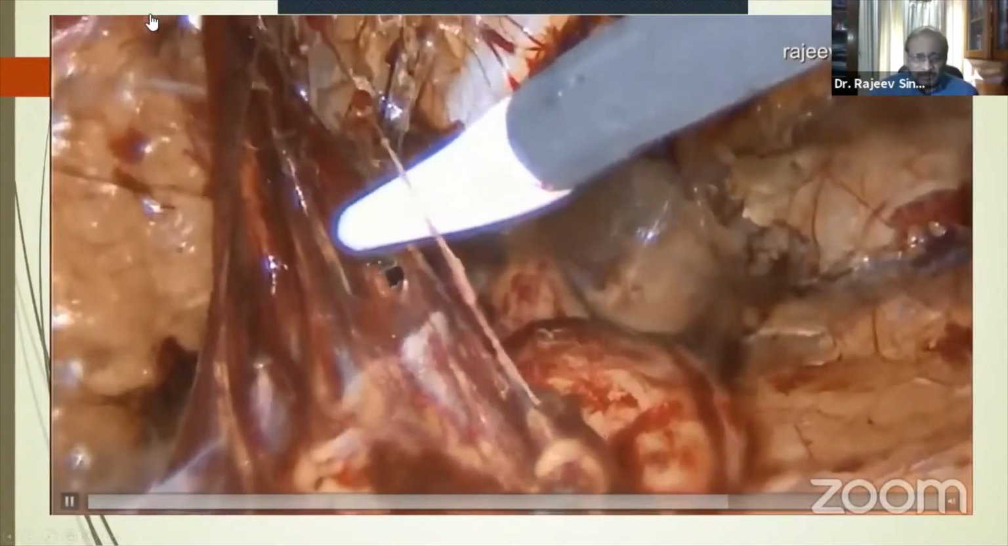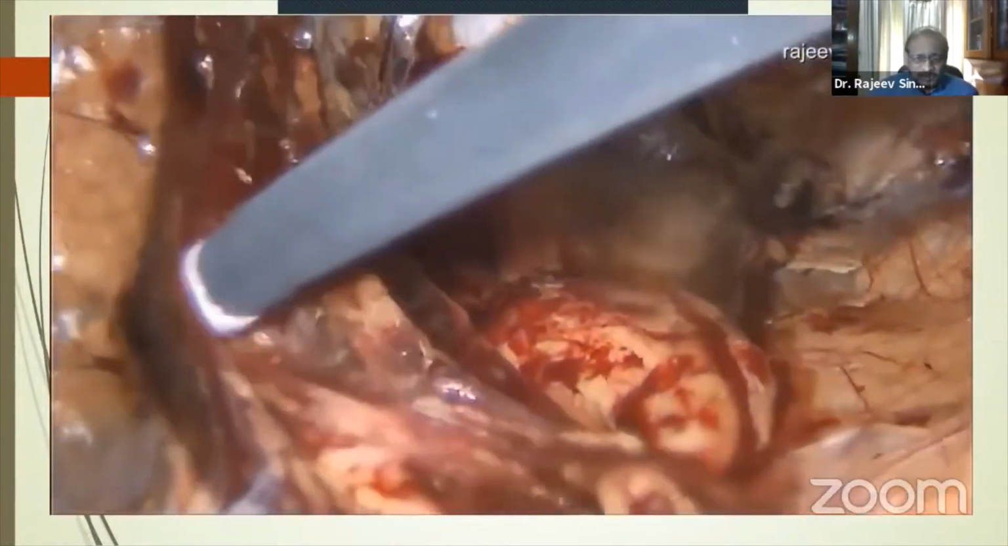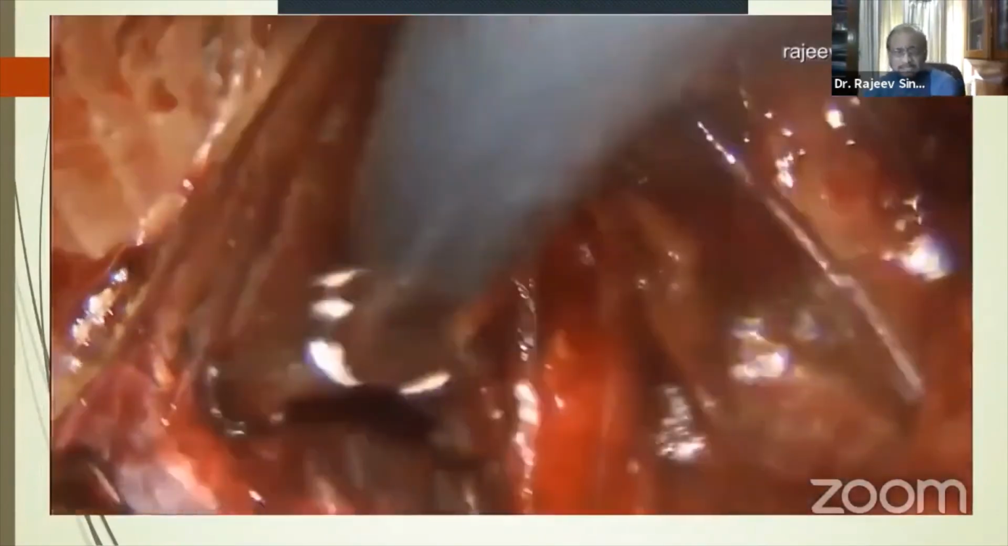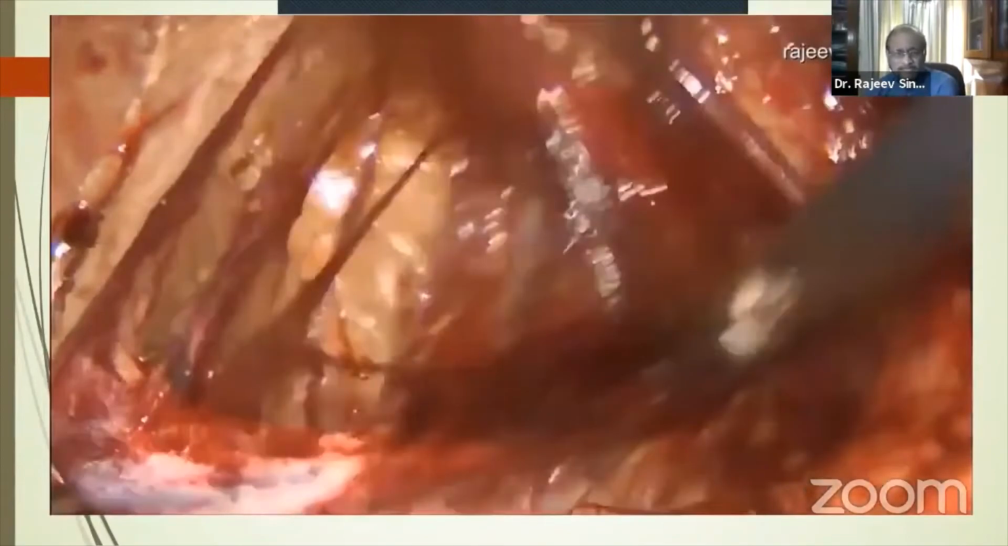And again, you use a hook to remove the adhesions with the cord structures. Be careful not to damage the vas deferens and the cord structures. And this is the lateral